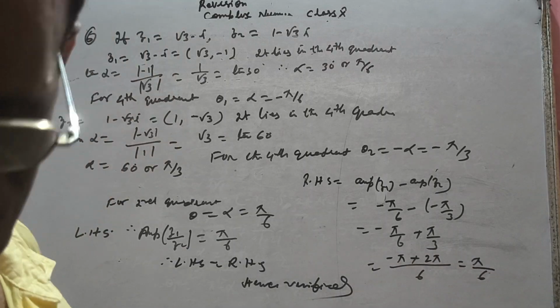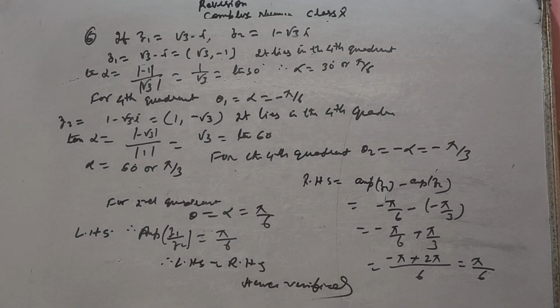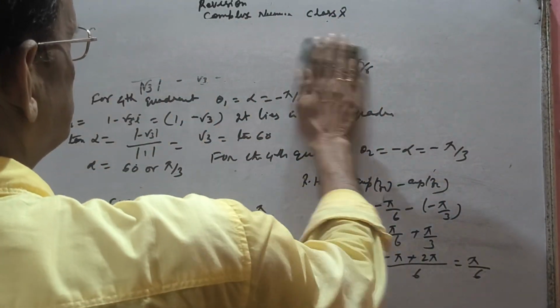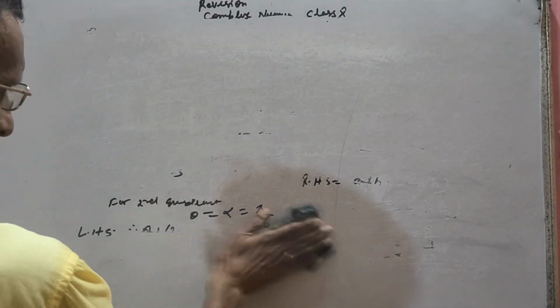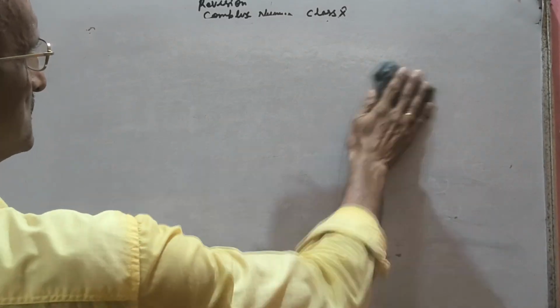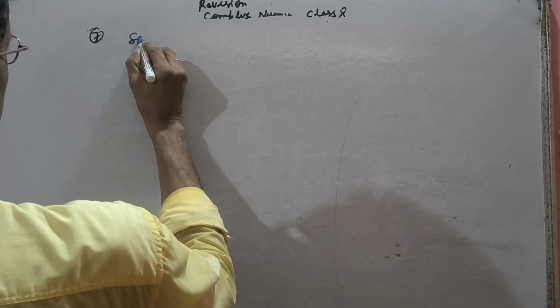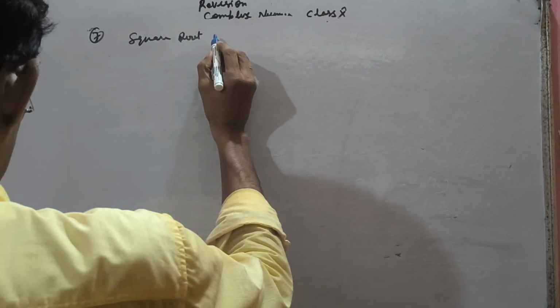Okay, this is number 6. Okay, sorry. Now, next sum. I am trying to give you each different type of sum which is needed. Now, a very important one is square root. Okay, the one you have is number 7 now. Square root. Oh, this is most important.